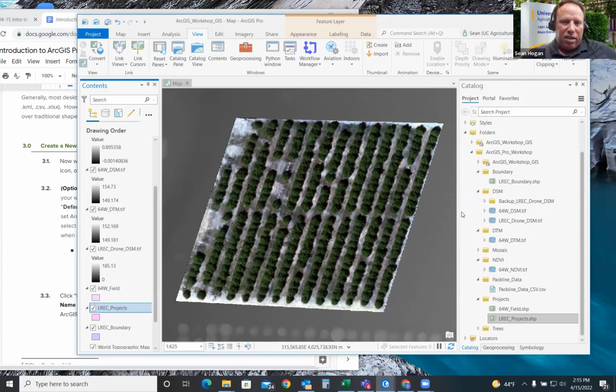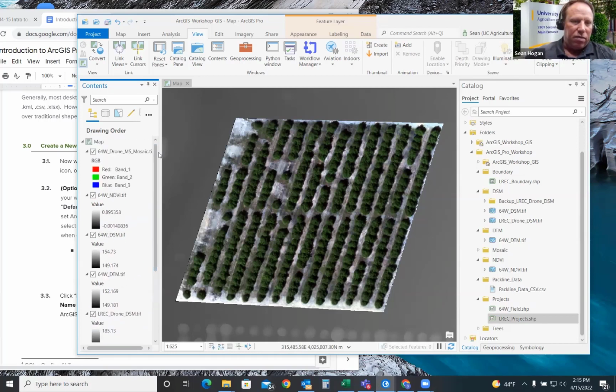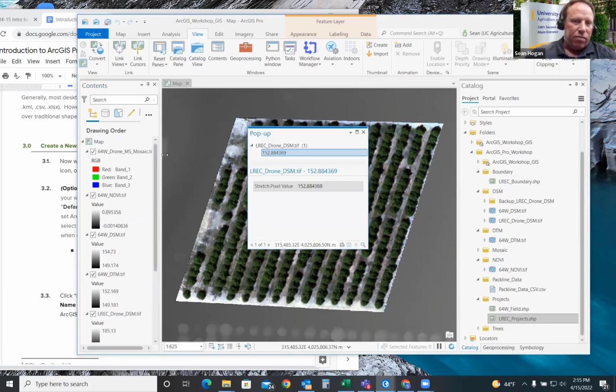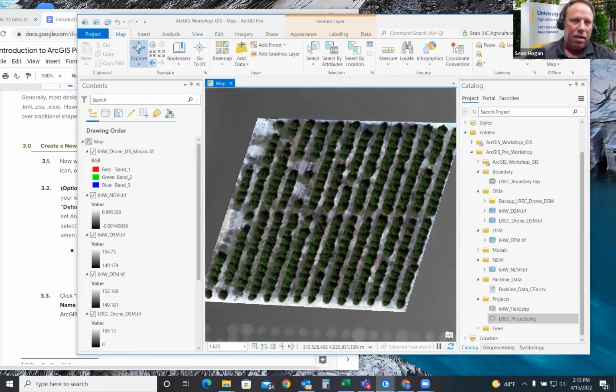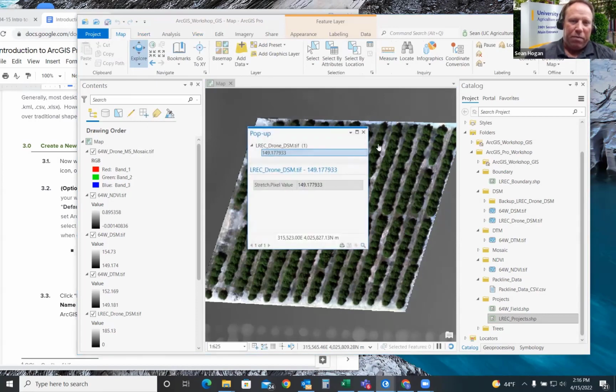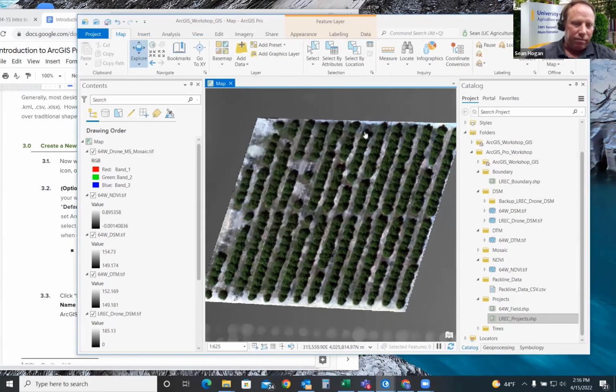But you'll see that they're kind of clustered up, but they're not well organized in this contents pane on the left side here. In fact, it's really difficult to see what's in there. Because I have the explore option set, if I click on something here, it'll give me information about that position on the screen. We'll actually be using that shortly.